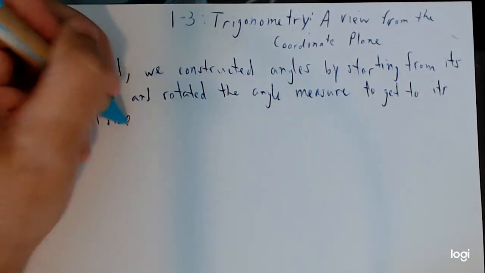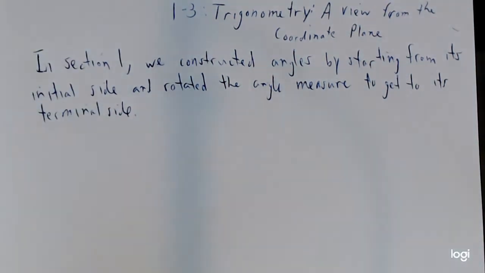If you recall, we started with the initial side, we rotated clockwise or counterclockwise, depending on if it was a positive or negative angle, and we got to the terminal side,